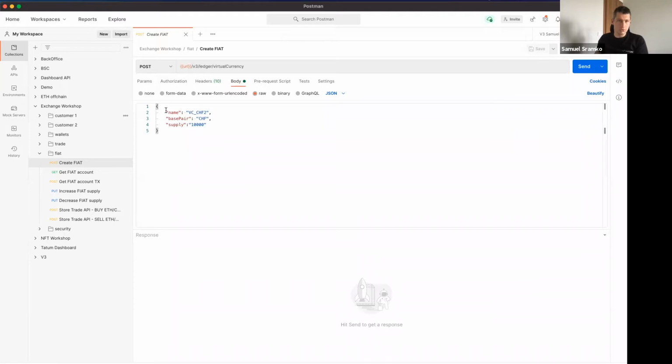So we will create a new virtual currency with a specific name. The name must start with a VC prefix, and we set a base pair for this currency. By this, we will create a new virtual currency, and we will peg it to the Swiss franc. On top of that, we not only create a virtual currency inside our ledger, but we also create a ledger account, which is pre-filled with the initial supply of these francs